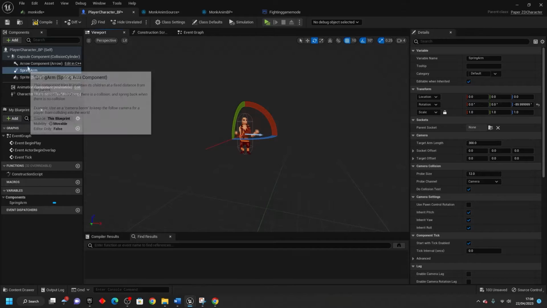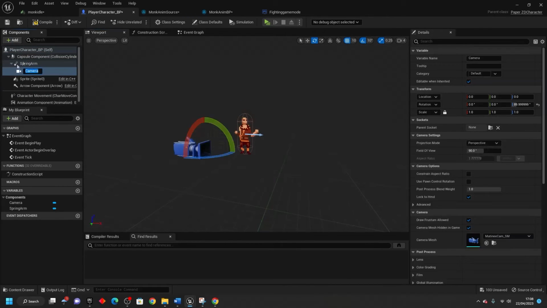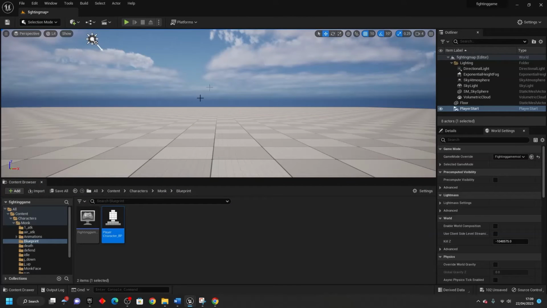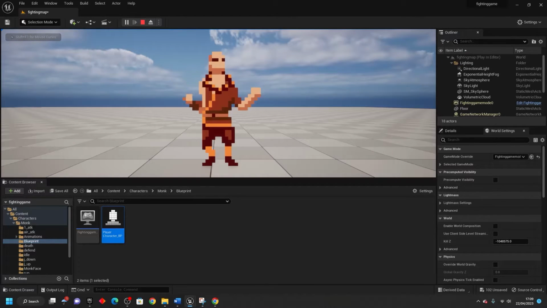Then select the spring arm and go add, and look for camera, and just attach this camera to the spring arm. Also, just make sure to rotate this camera 90 degrees so it's facing our player character. Then go compile, save, and close this. So now if I click play, I'm going to start my game as my monk character. Although you'll notice, we can't really move or do anything as our monk character,